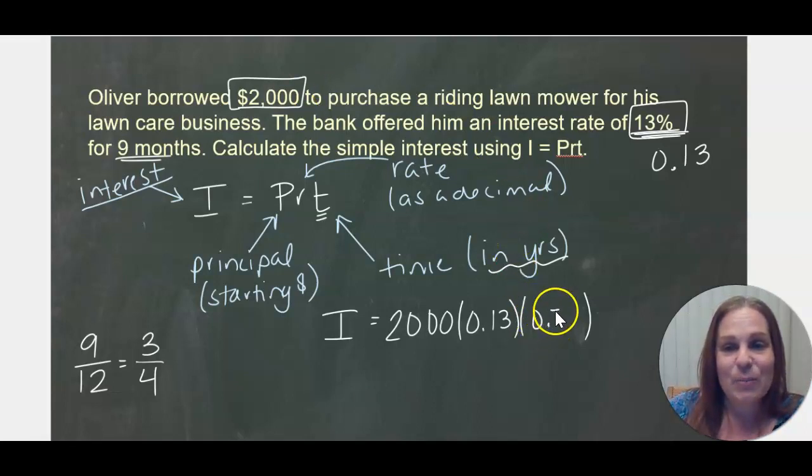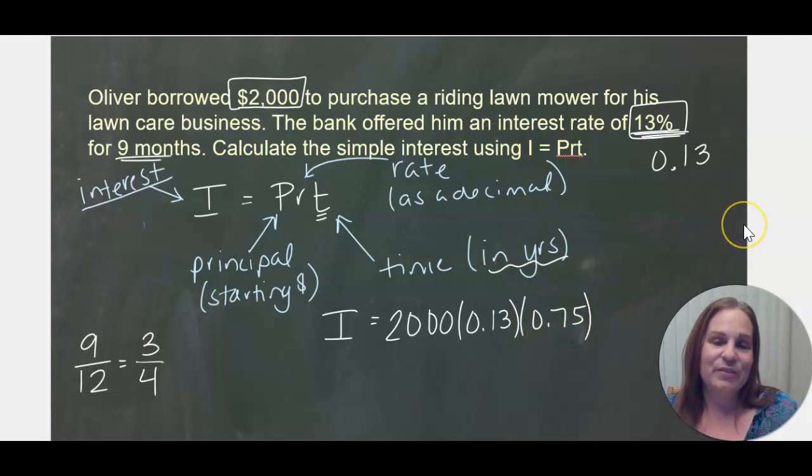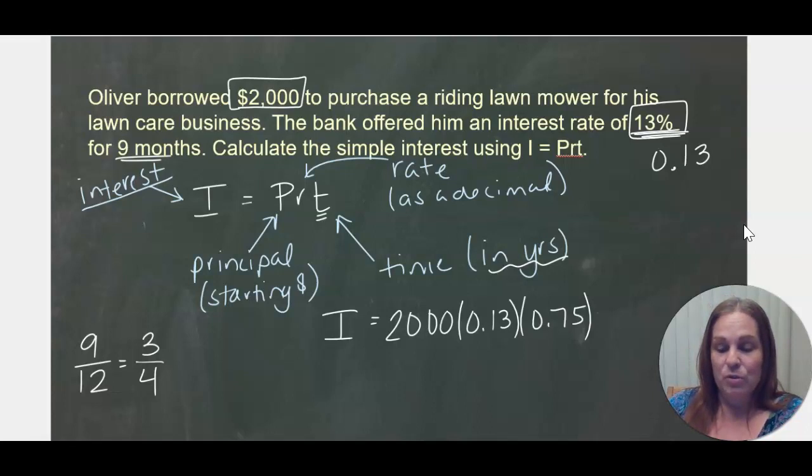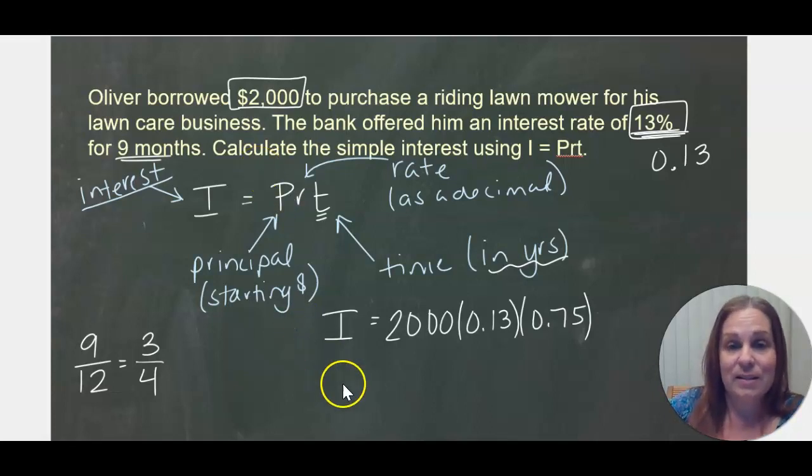It's 0.75. That is 9 months in years because it's 9 out of the 12 months. It's a fraction of a year. So I'm going to do 2,000 times 0.13 times 0.75, and I get that the interest is